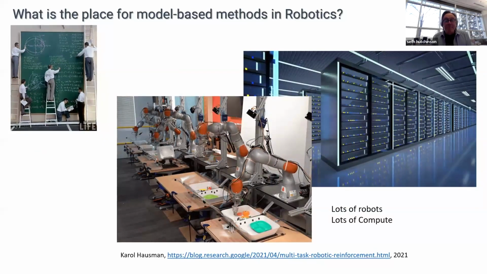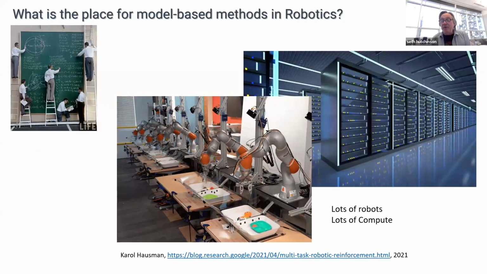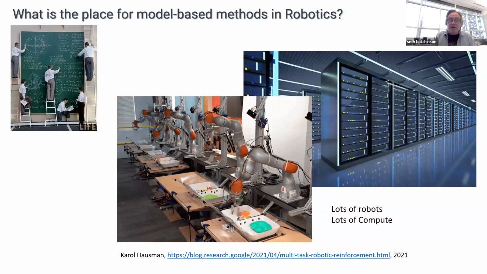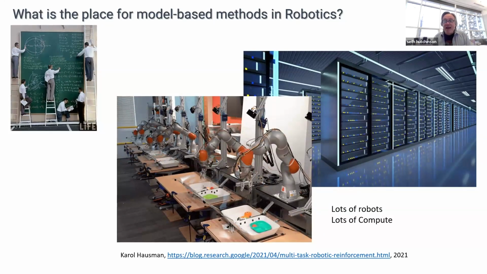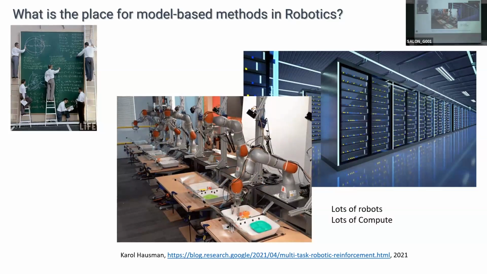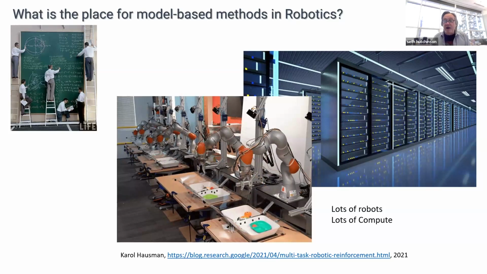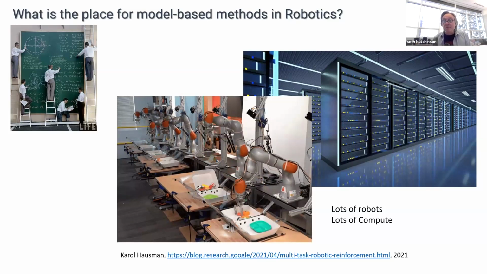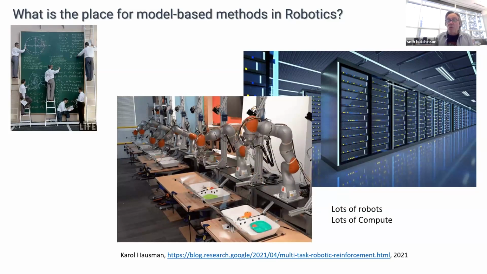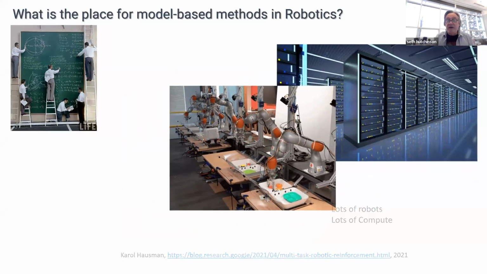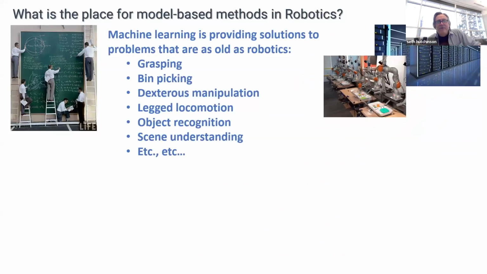And today, you have situations where companies with a lot of money buy a lot of robots and enormous collections of computers and basically collect a lot of data over a long period of time and use learning methods to decide how robots should behave in the world. Right? So you have two very different kinds of approaches. And the machine learning stuff that people are doing now, a lot of problems that have been in the robotics community since the beginning of robotics look like they're starting to be solved by machine learning methods.